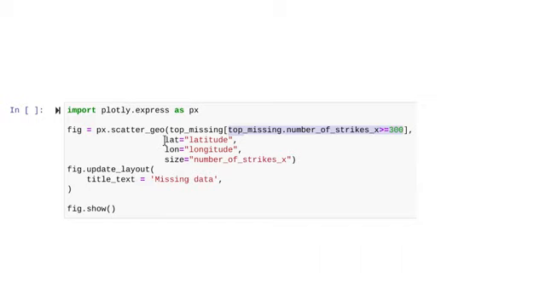Naturally, we plug latitude and longitude into their appropriate parameter spots. Then, for the size parameter, we plug in the final column, number of strikes x. Lastly, let's use the update layout function within the figure to give the plot the title, missing data.